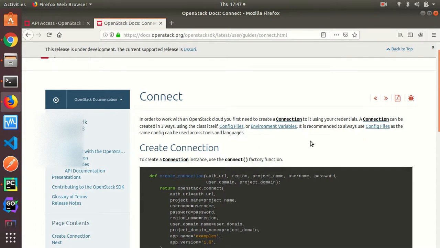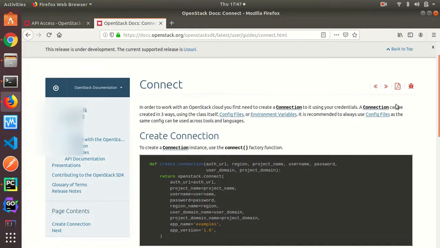They recommend always using config files, so we will go with the config file option.